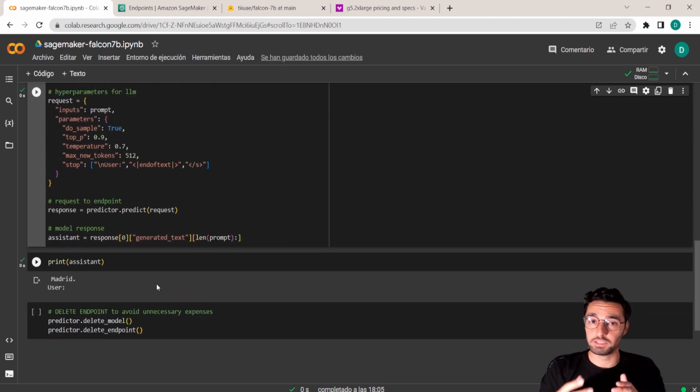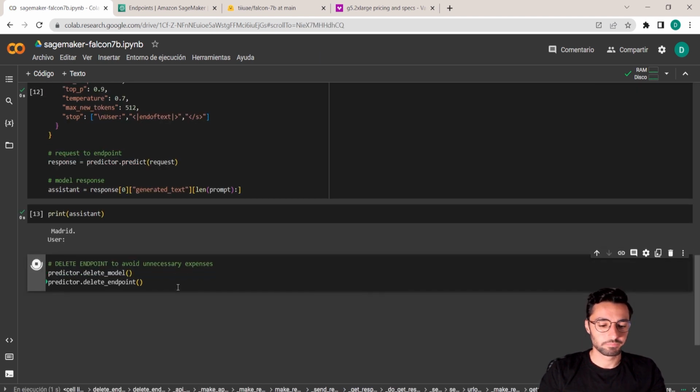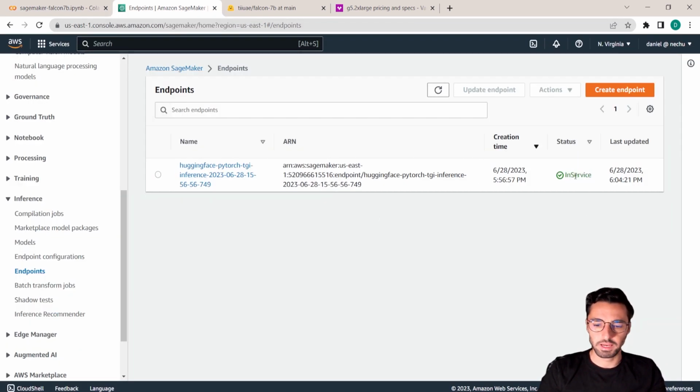Once we have finished playing or testing this deployment, again, remember to delete the model and the endpoint, because if not, the bill is going to be very expensive. So how can we delete the model? We just come over here, we execute this cell, and then we double check that the endpoint